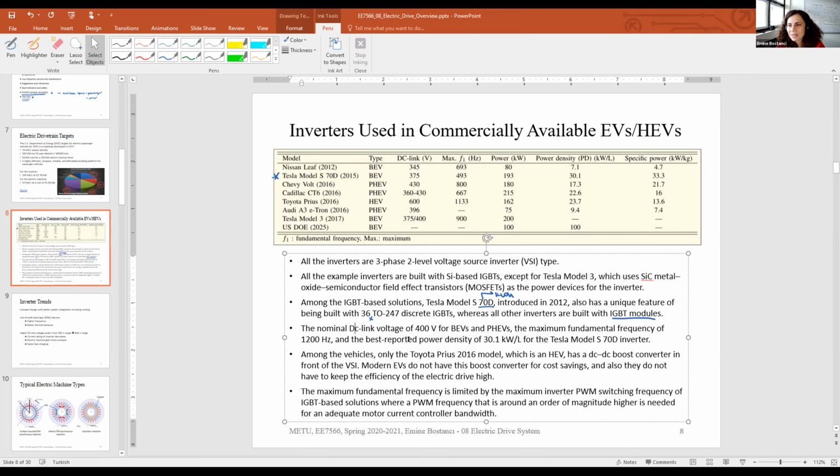Depending on the SOC, the battery voltage is going to fluctuate anyway. So that's why it is maybe enough just to write here a value around 400 volts, except for the